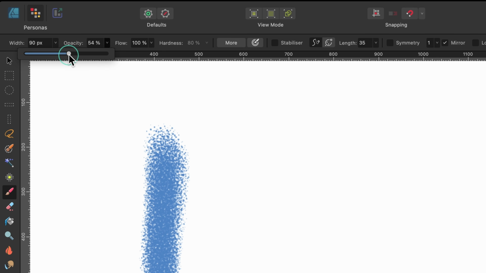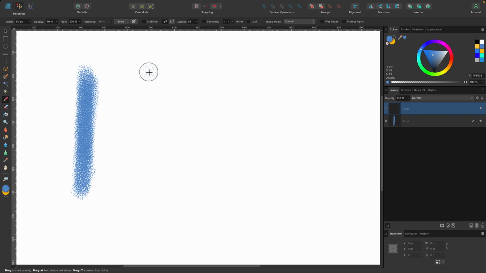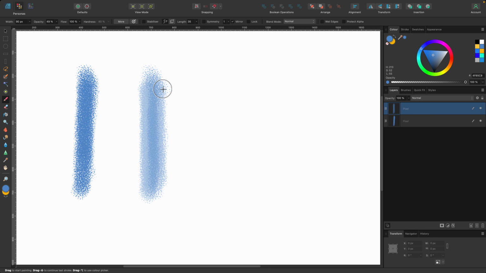So this is what opacity does. Basically, it changes the transparency of your brush. So you can go ahead and click and drag out, and you can see it's looking lighter. That's because it's like 50% transparent. If I let go and I start painting again, I can start building it up so it's less transparent. So every time I take my finger off the trackpad and click again, it's building it up. And I can just keep doing that, and the lighter areas have more transparency, the darker areas have less transparency. So that's how opacity works.